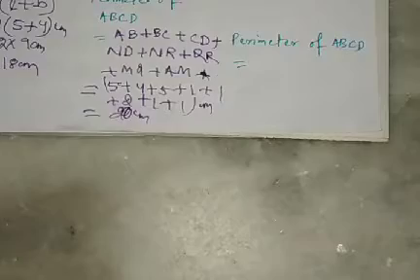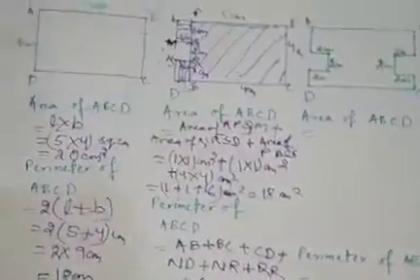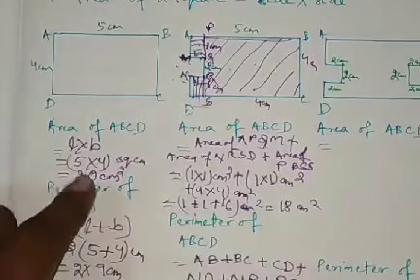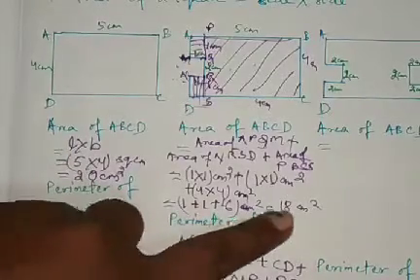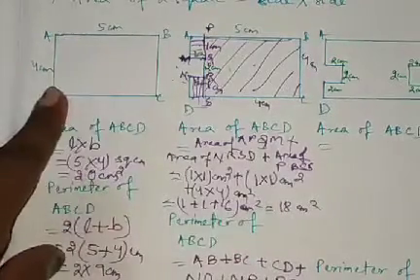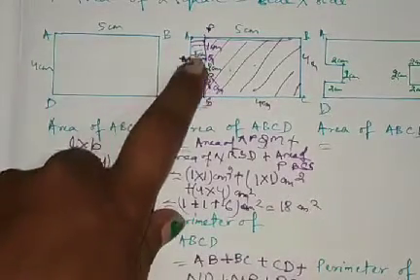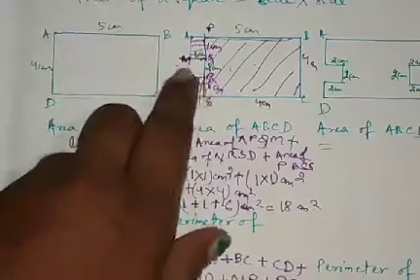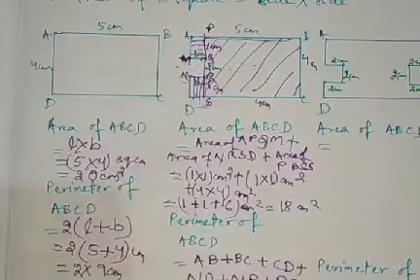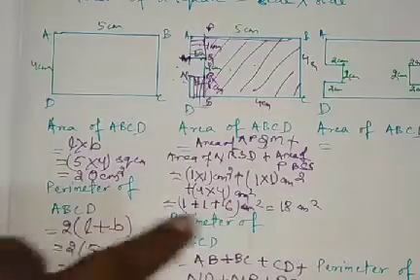20 cm. So when you compare these, here area equals 20 cm square, but here area equals 18 centimeter square. So here it has occupied the full area, but here we have cut out a portion. This portion M, Q and R we have cut out. So here the area has been reduced.